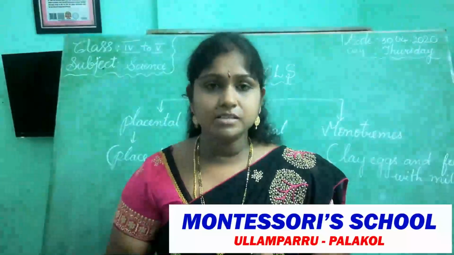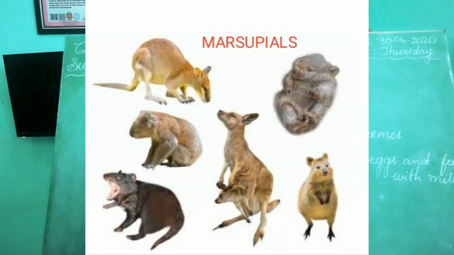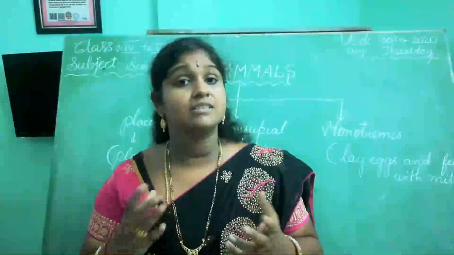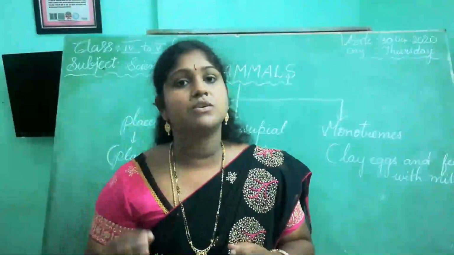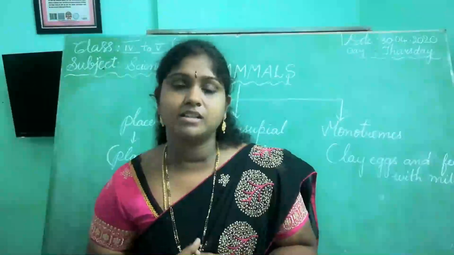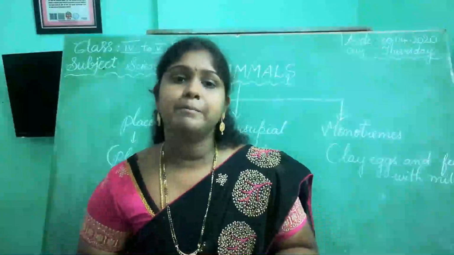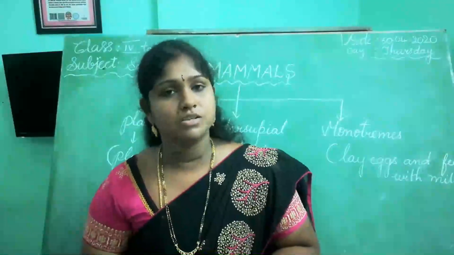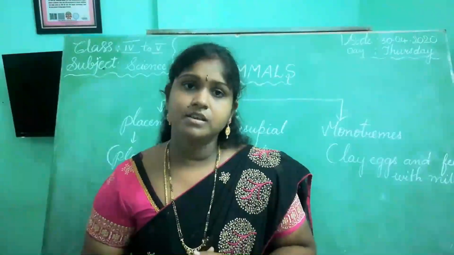And second one is marsupials. These marsupials have pouches. Here the marsupials take care of their young ones in the pouches while the young are still undeveloped. After developing, the babies remain for 6 months in the pouch. At this stage, the baby kangaroo can be called a joey. The mother feeds them with rich milk. So next one is monotremes.